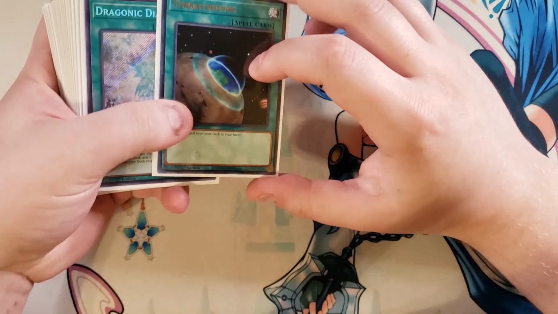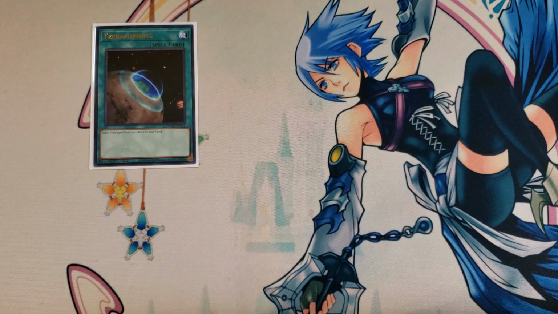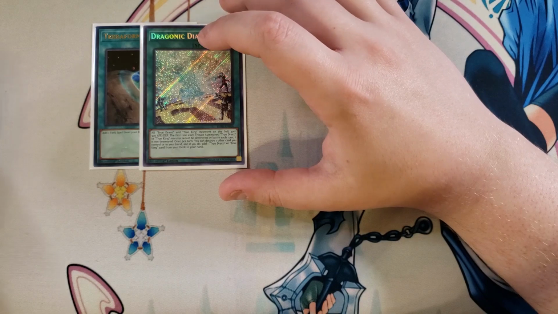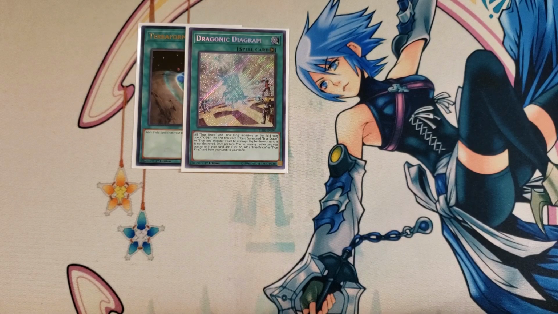So for the spells, we're going to be playing a single copy of Terraforming because it searches one of the most powerful spell cards that's a field spell in the entire game, which is Draconic Diagram. Draconic Diagram is still at 1, so this card is just a 1-of in the deck, and has the ability that all of your True Draco and True King monsters on the field gain 300 attack and defense,